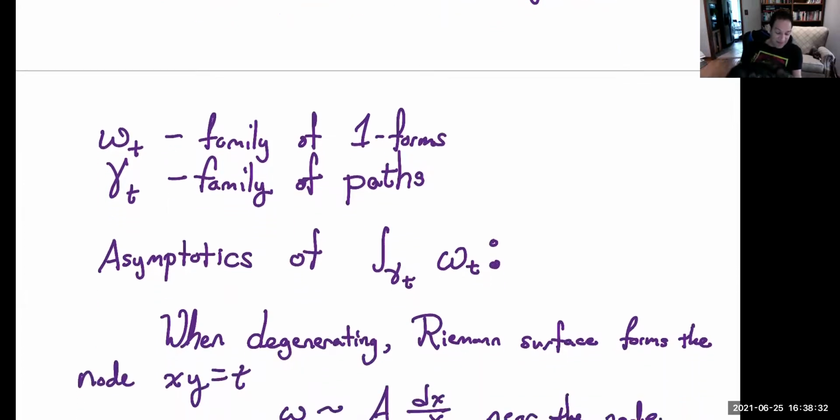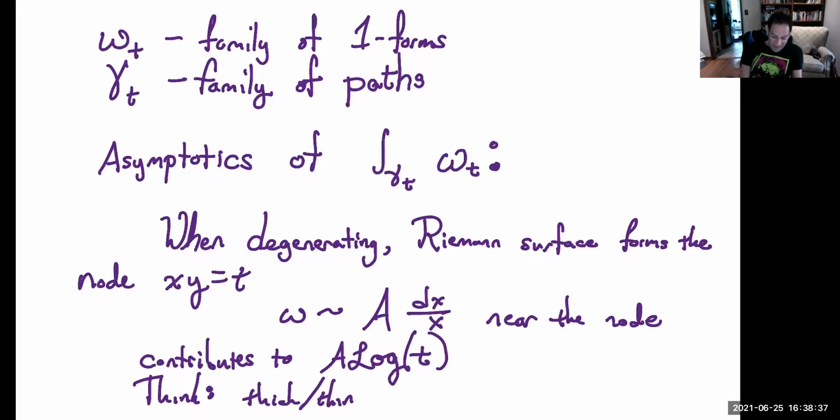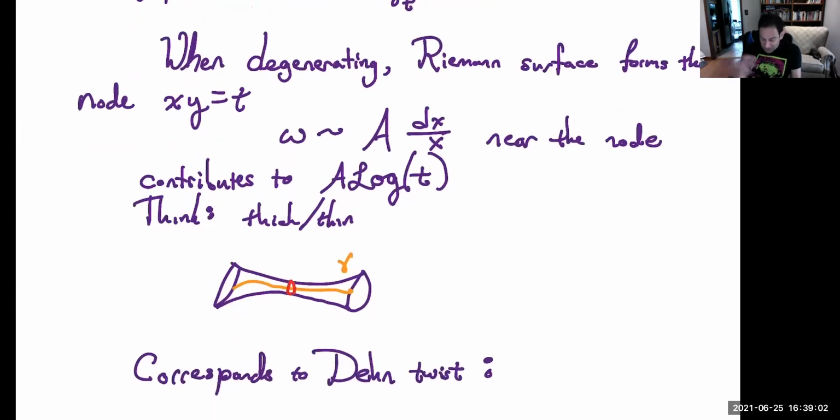And then gamma t will be a family of paths. And I could study the asymptotics of this single integral. When I'm degenerating, the Riemann surface forms nodes, which means they're locally given by xy equals t, and then my one form grows poles near the node. And what happens, at least if I require it to have nice extension properties or be a section of the dualizing sheaf,